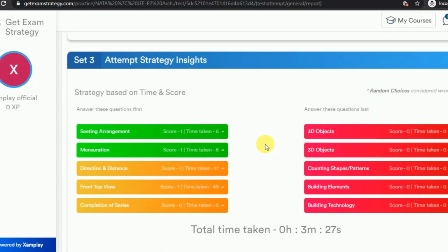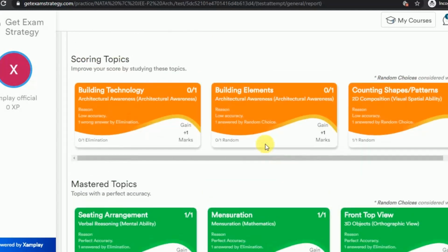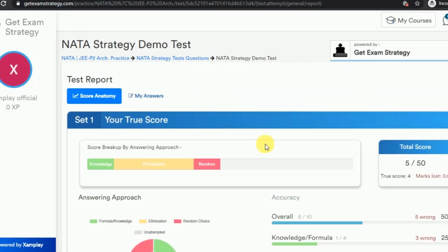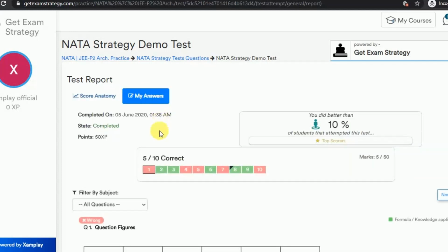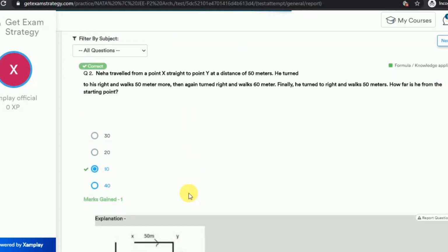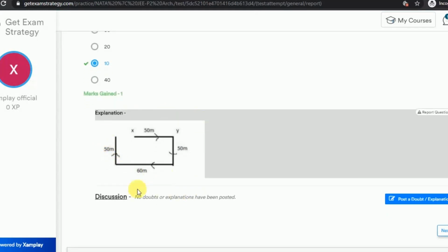Alright, so these are the analytics that you get, and this is how you can understand and improve your score. You can also go to My Answers and go to each of these questions and understand what your answers were and where you went wrong, and click on any of the questions to see the answer explanation, to know how it has to be solved.